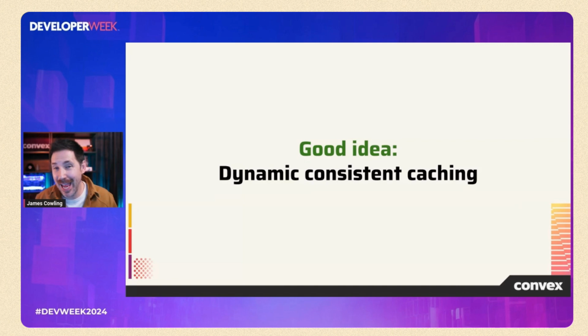So I actually am a fan of the edge. I think the edge is great. I just think developers shouldn't have to know it exists, right? They should just use the back end. The back end should deal with these problems, and it should be fast, and that's it. That's the end of the story. So again, don't make developers think about things they don't have to think about. Use abstraction to hide complexity.